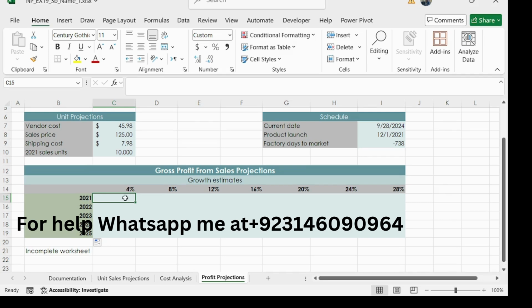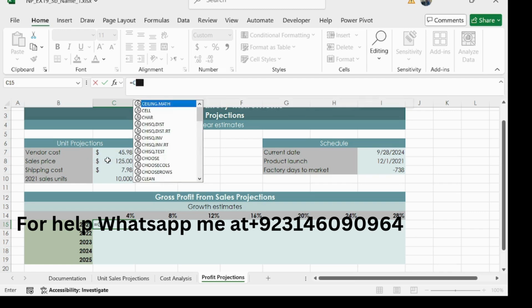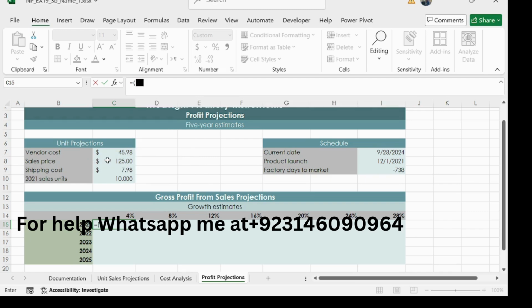So in cell C15, create a formula without using a function. Type is equal to, and then from cell C8, sorry, we need to first open the bracket and then select C8 and then subtract from cell C7.